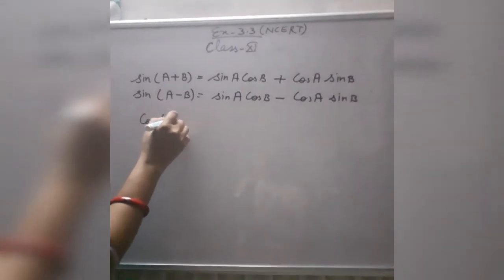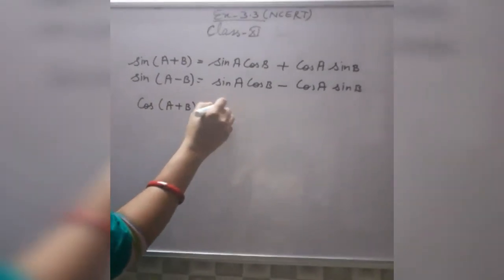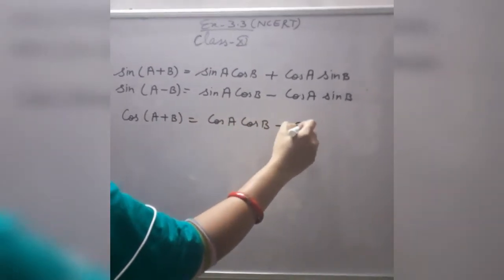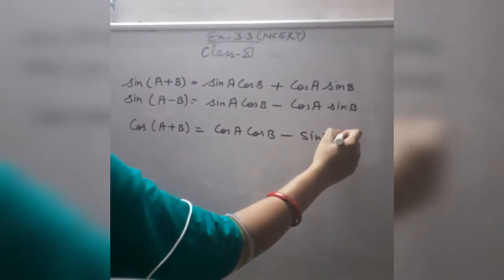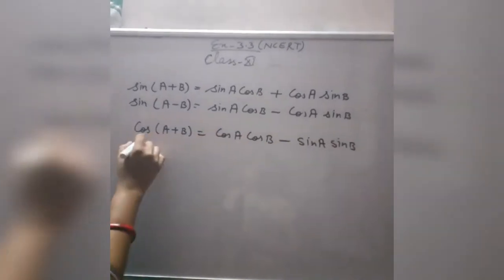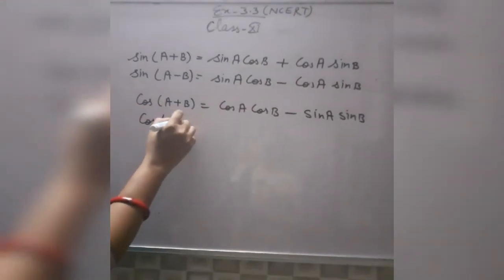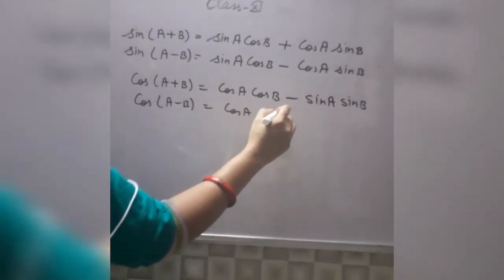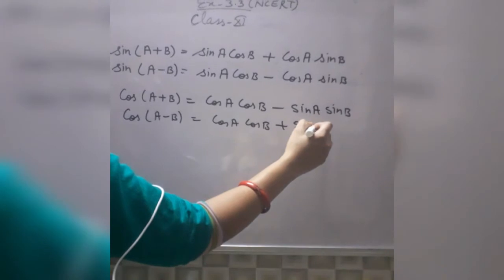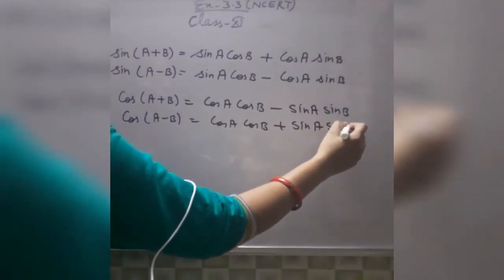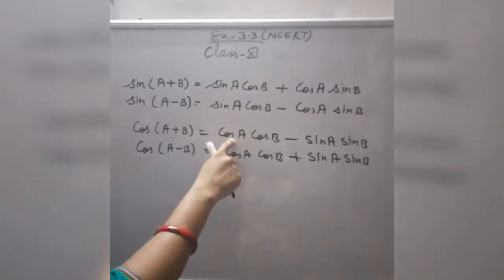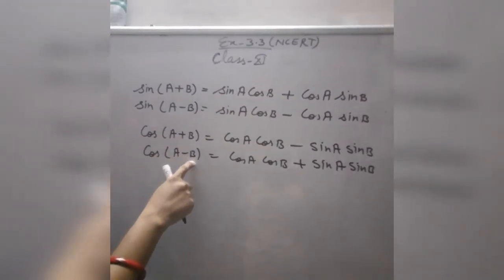Next is cos(A+B). Cos(A+B) is equal to cos A cos B minus sin A sin B. And in case of minus sign, cos(A-B) is equal to cos A cos B plus sin A sin B. Here one term is of sin and one is of cos, but in case of cos(A+B) and cos(A-B),